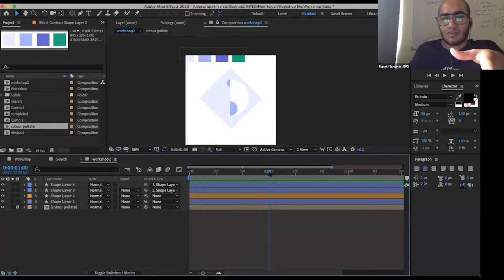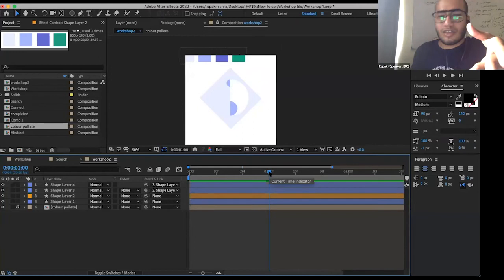So we'll change its color also to our main green color that I have taken here, so that it resembles that the process has started, or some positive thing.